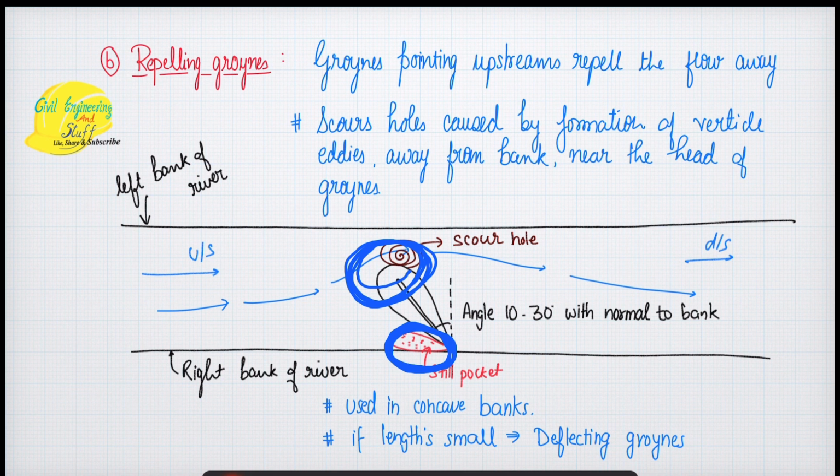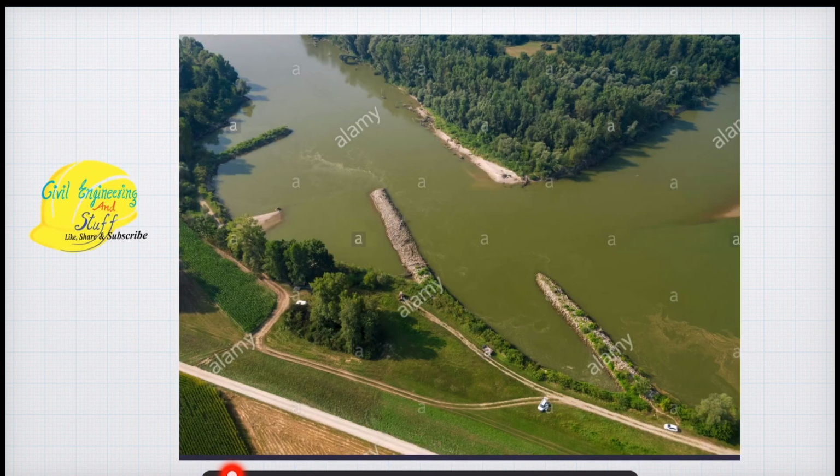and these are mostly used along the concave bank and the repelling groynes. If the length is somewhat smaller, then these are what we call deflecting groynes. Okay, if we look in this image carefully, you can see, if this is the flow of the river, the water flows from here, this is the upstream side, and the water goes like here, this is the downstream side, and the water strikes here, along the nose, and